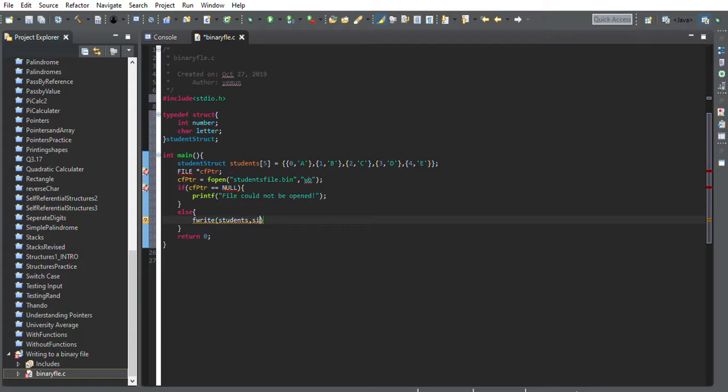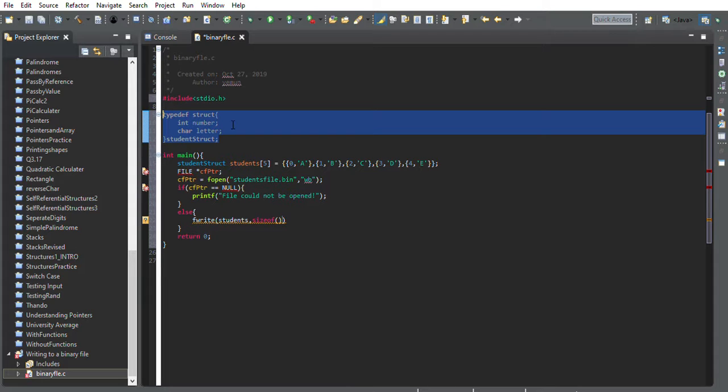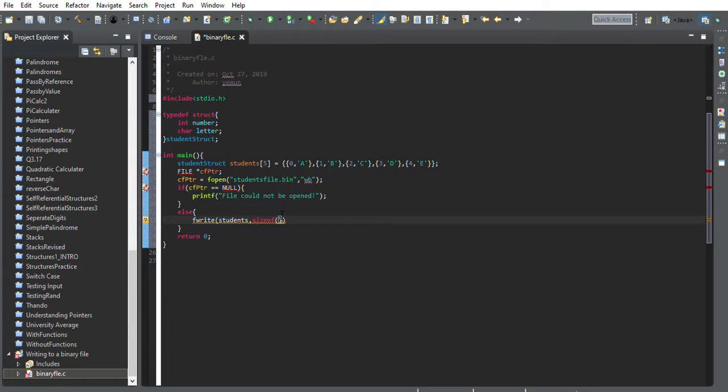Then we are going to say sizeof, because each of those structures in that array are of this type, so they should all occupy the same space as what this would occupy, right? Each element should occupy the same space as what that should occupy. So therefore we have sizeof